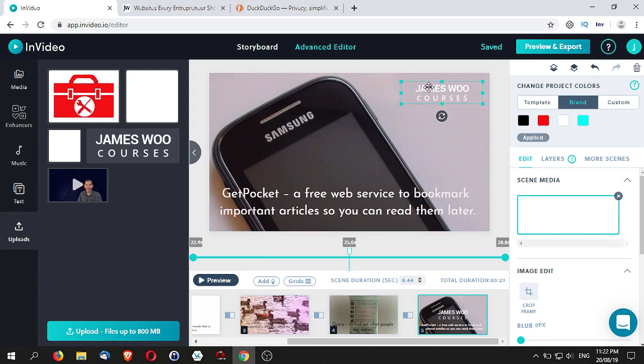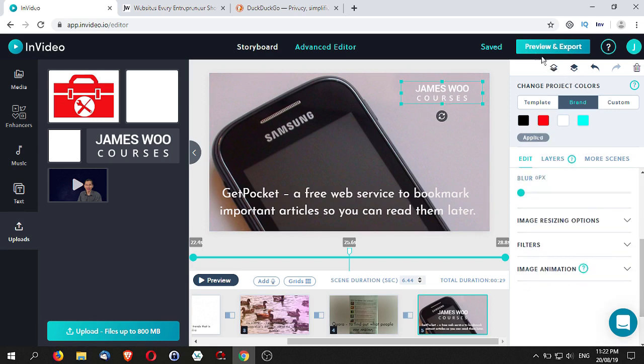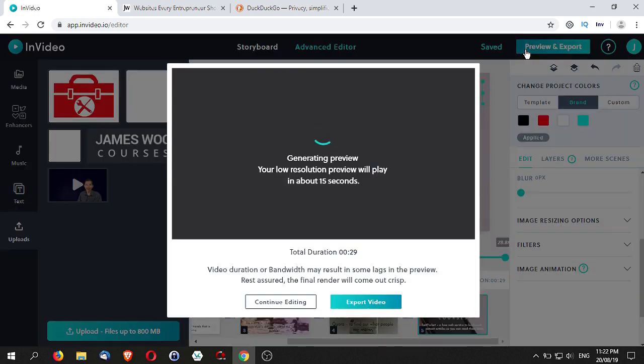Now once you are done, basically what you need to do is just to preview this. And when you click on this preview and export, you're actually looking at the entire